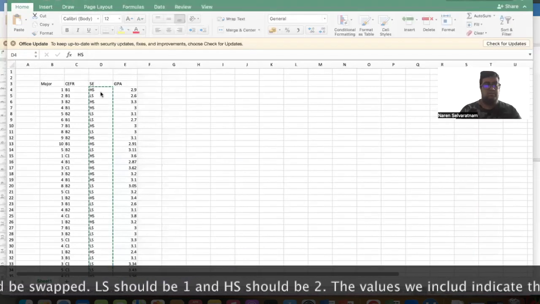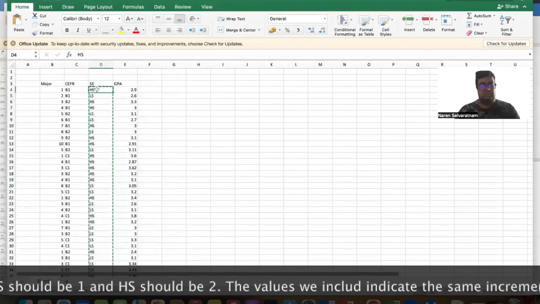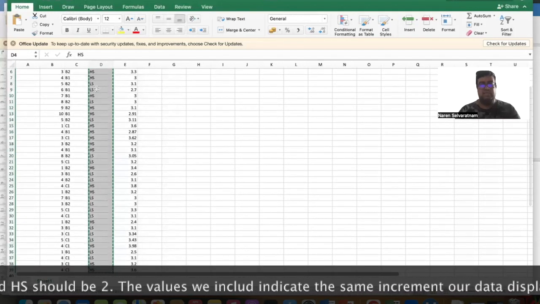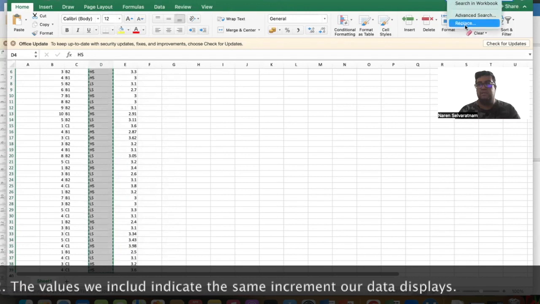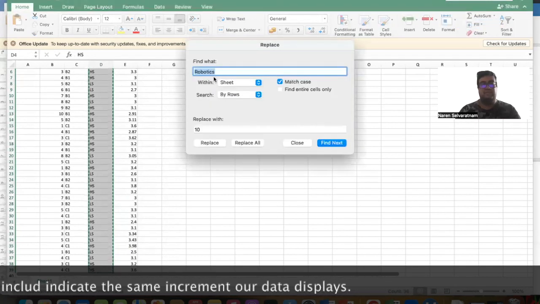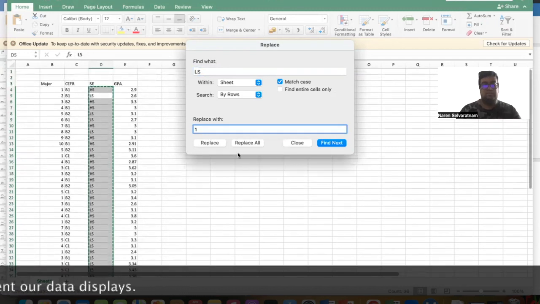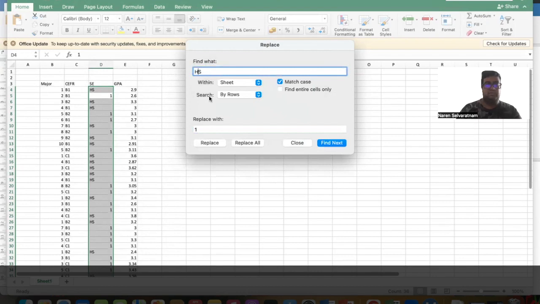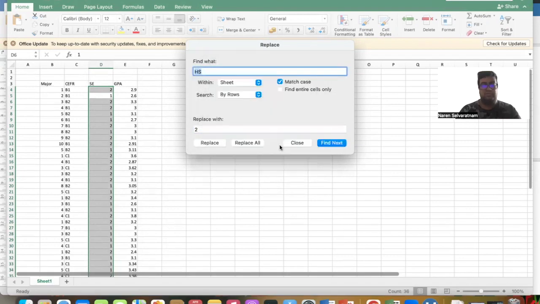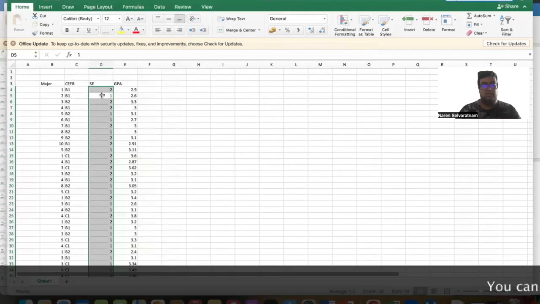And I'm going to replace this from here and then copy and paste. LS should be replaced with 1. HS should be replaced with 2, like this. Okay. Now I am going to copy and paste all of this